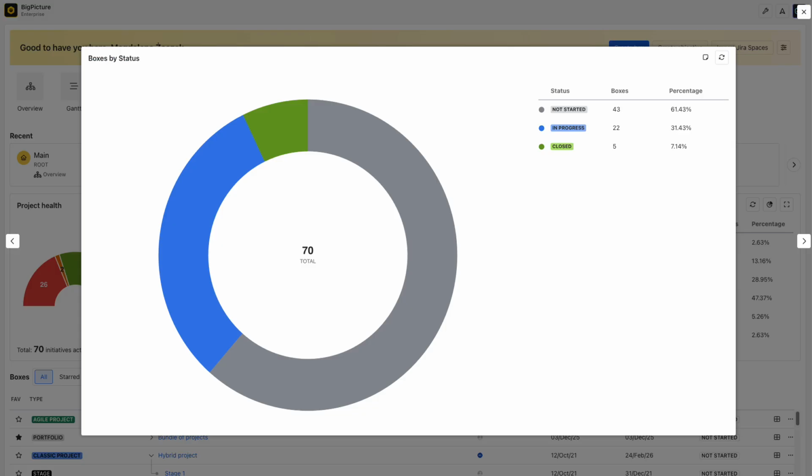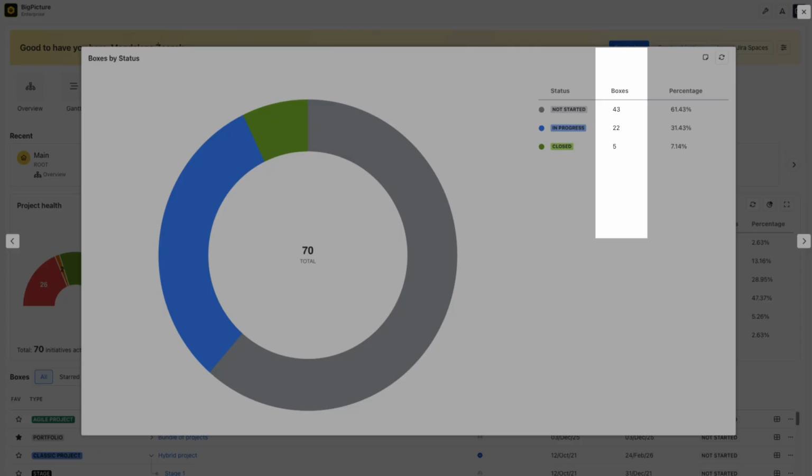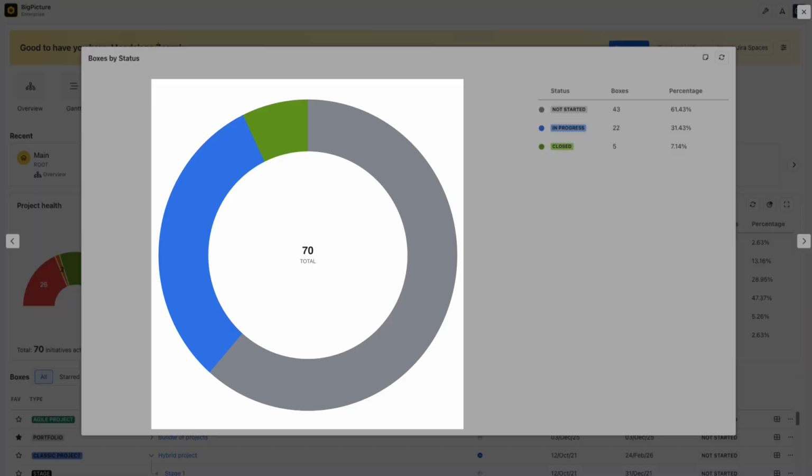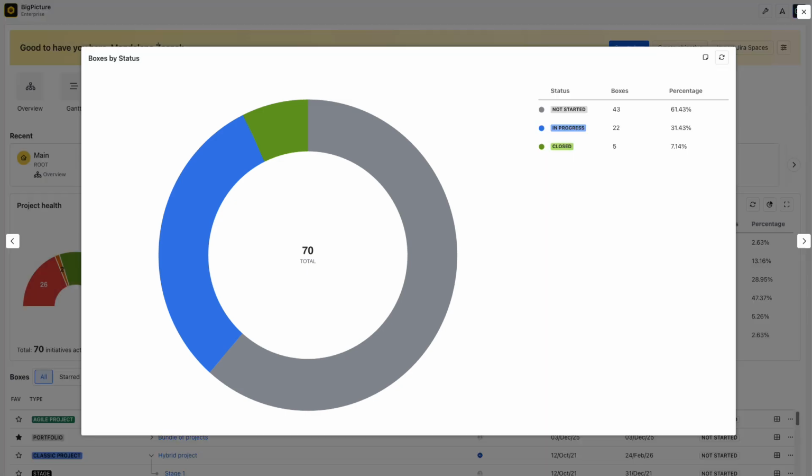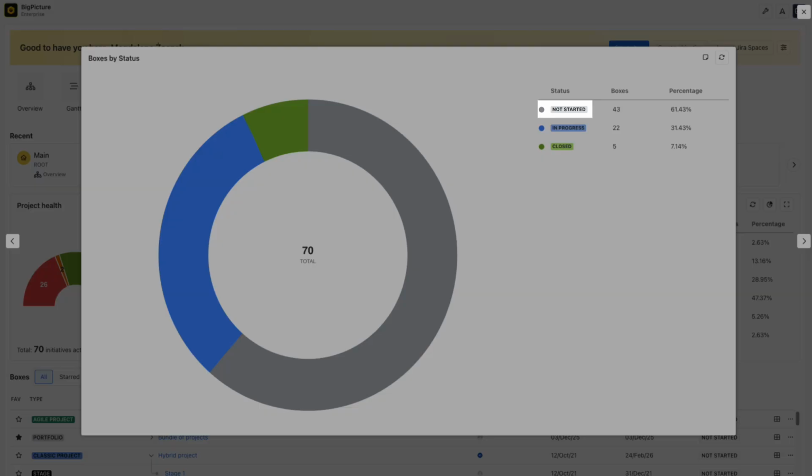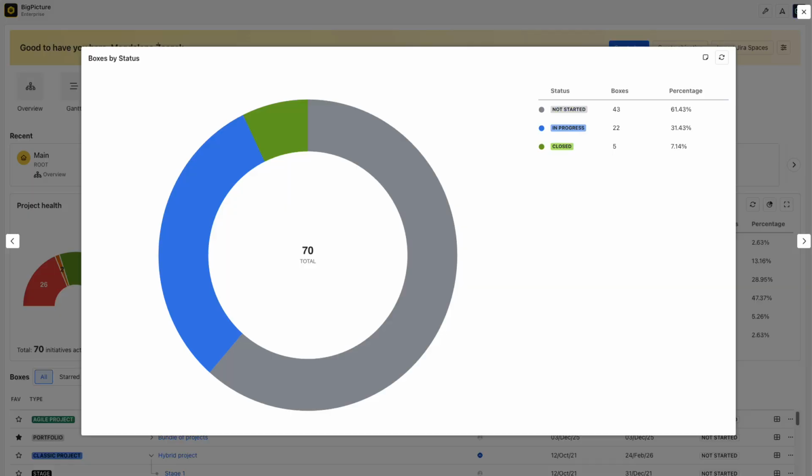The report presents two key insights: the number of boxes in each status and the percentage of all boxes represented by each status. The data is displayed on a pie chart, making it easy to quickly understand the overall progress of your work. The report summarizes boxes across three statuses: not started, in progress, and closed. This allows you to instantly identify how much work is yet to begin, what is currently underway, and what has